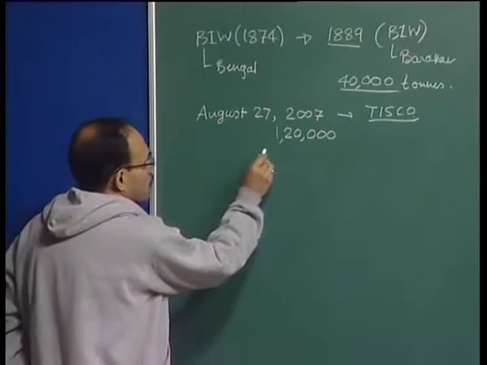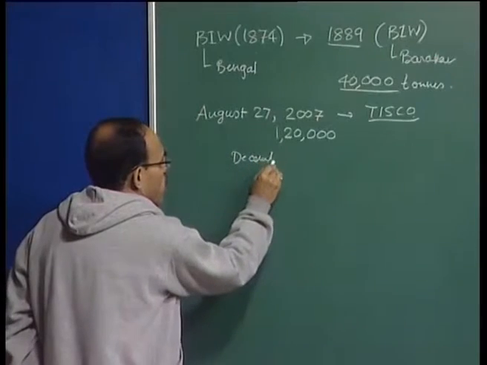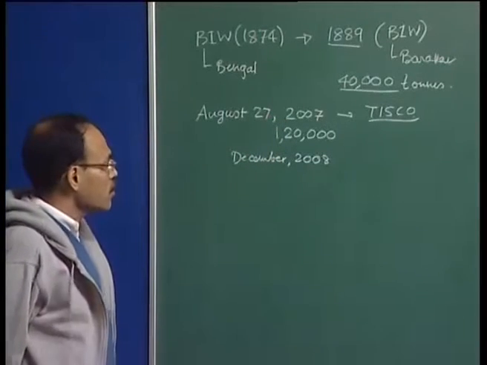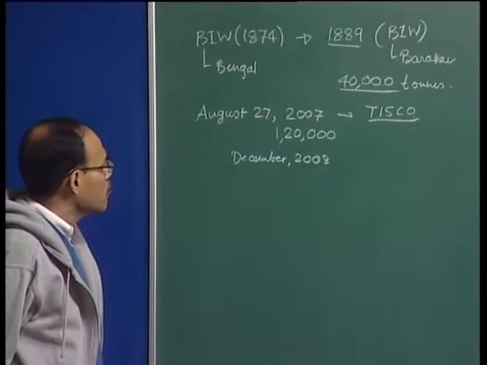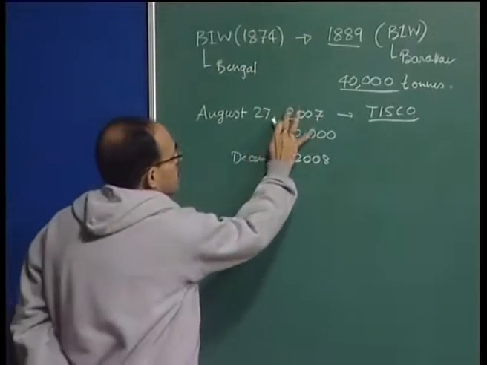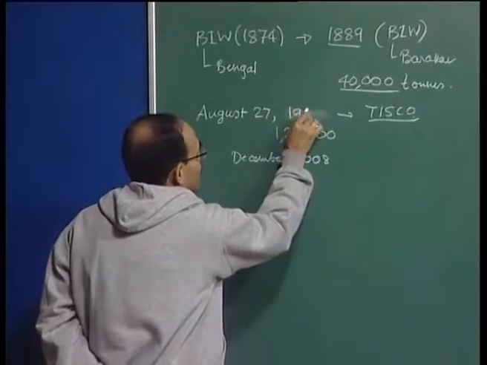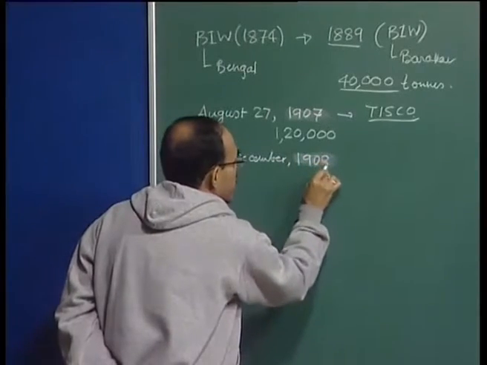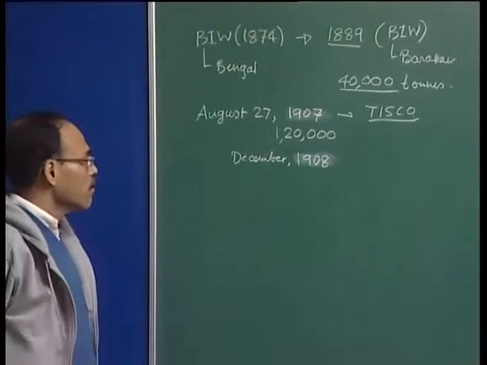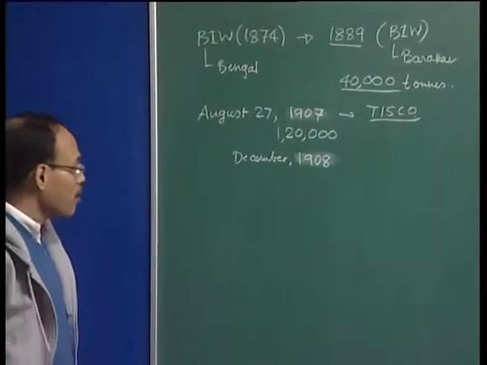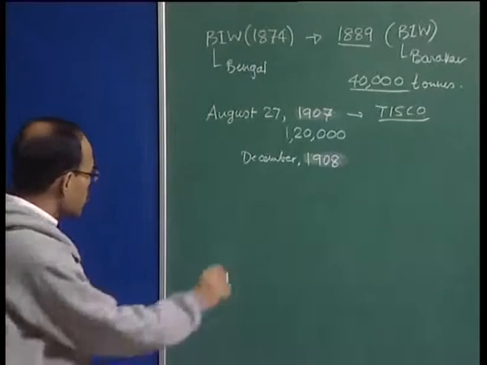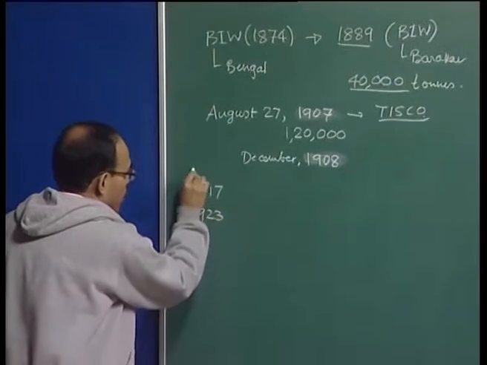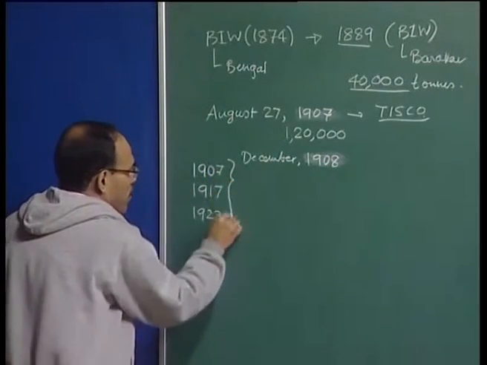and the first product rolled out sometime around December 2008. That's the time when TISCO produced the first steel, and in the beginning of, this is 1907 actually, I'm sorry, yes, so this is 1908. So TISCO actually recently celebrated their centenary, if most of you are aware of this. So around 1917, 1923, 1907, around that,